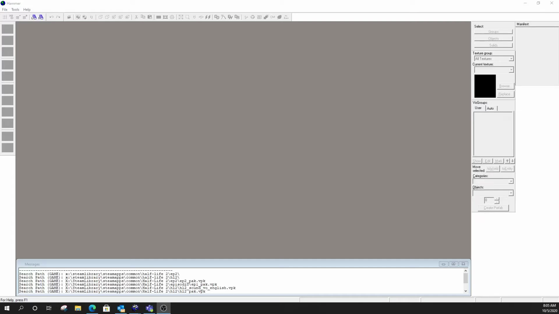Today's lesson is on point files and leaks. A point file is a file that's generated when you have a leak that we can load, and it will direct us to where the leak is. Learning how to use this is important because as we're moving forward in Source Engine, being able to